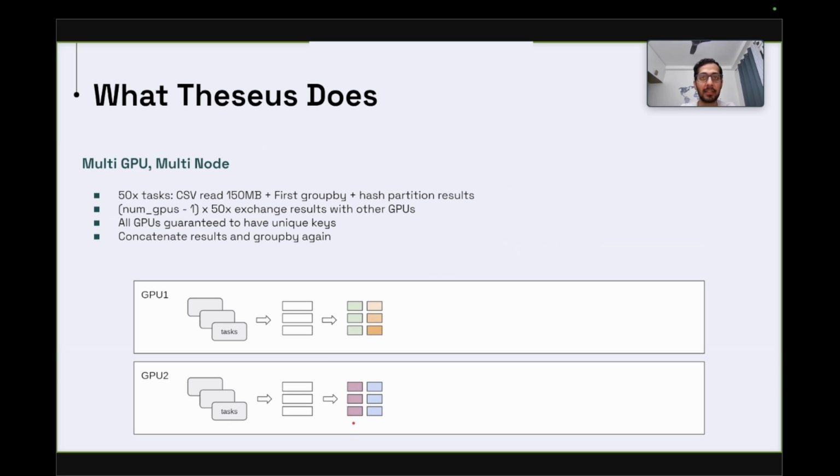So obviously, Theseus is going to send those partitions over to its neighboring GPUs. Actually, not neighboring, but all of the GPUs available in the cluster. So it's going to create as many partitions as there are available GPUs. And then